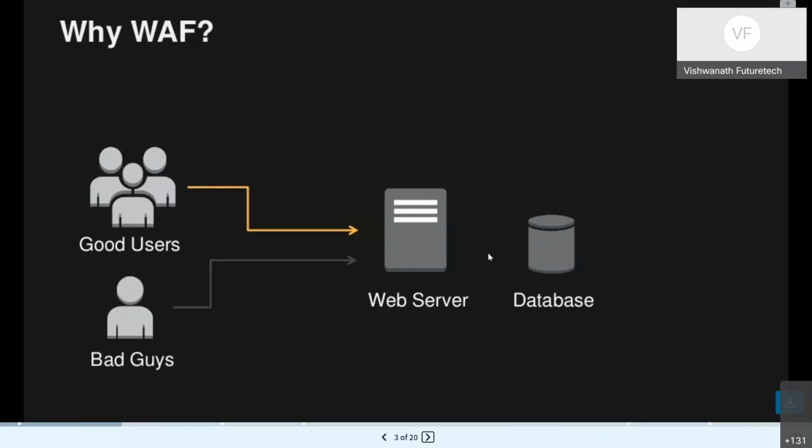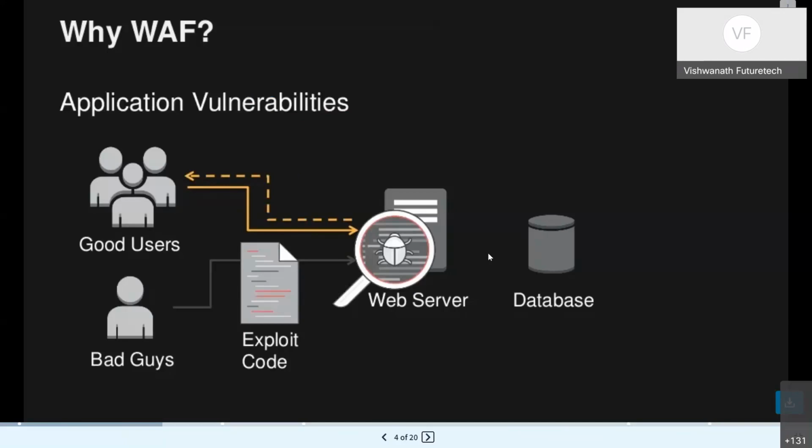There are also bad guys who can connect to the web servers and start doing unwanted stuff. They exploit the code. They try to find the bugs in the code, and through the bug in the code,